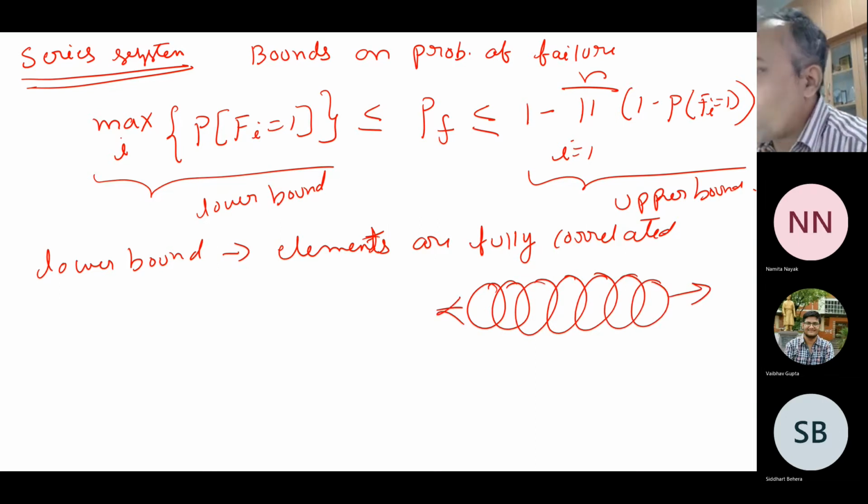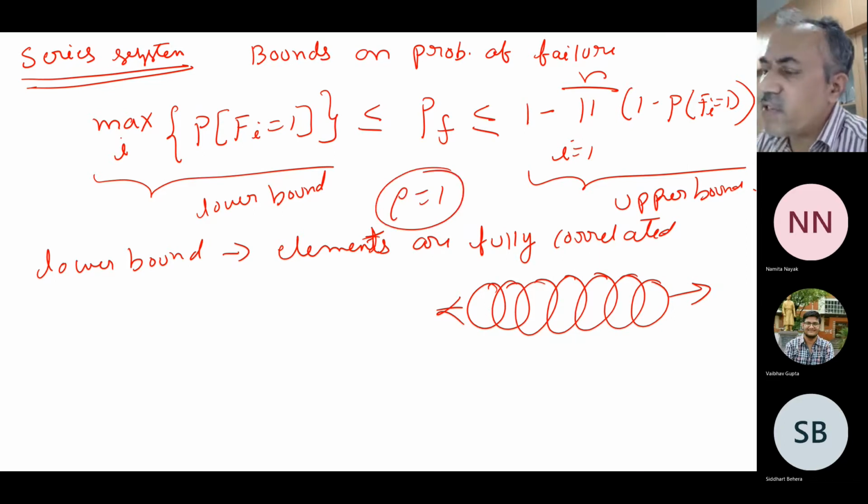So if the correlation is 1, say, now what happens? These individual elements are in series and they are highly correlated among themselves. Now what happens if they're highly correlated among themselves? One chain break will lead to